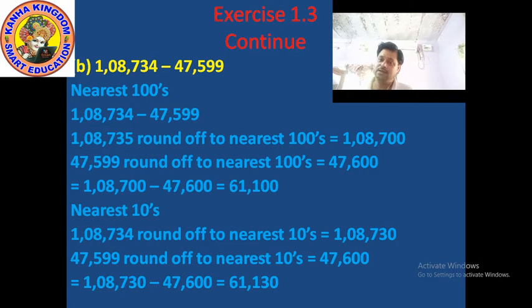Okay, clear? And before the 1000 period is the ones period, and in the ones period there are 3 place values. Which 3 digits are here? 734. How can we read 734? 734. Okay, so this number is 1,08,734. Clear? Now the second number is